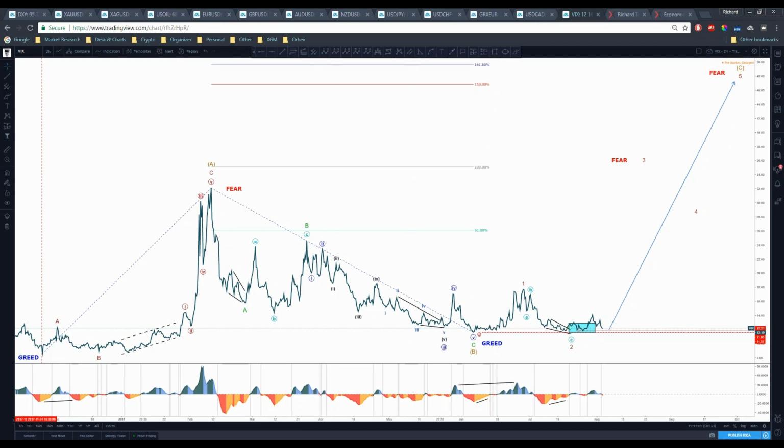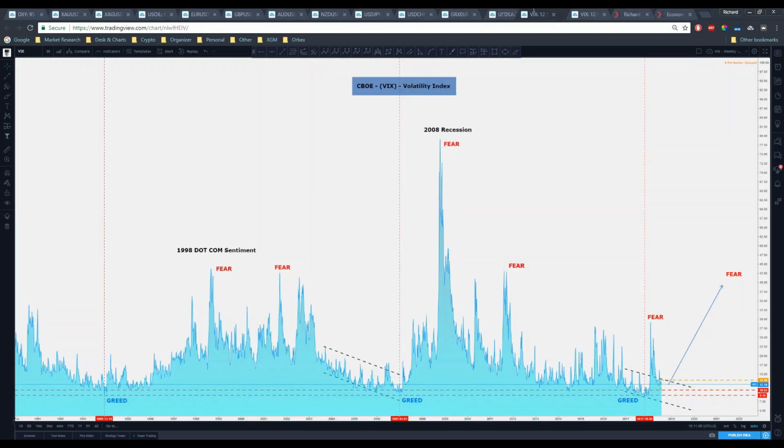Firstly, I'd like to bring forward the VIX, the CBOE volatility index, which measures the volatility in the market. This is a fear and greed indicator, as technical analysts call it. Basically, it measures the period of complacency. When the VIX is going down, people are complacent. They think that tomorrow is going to be just like yesterday.